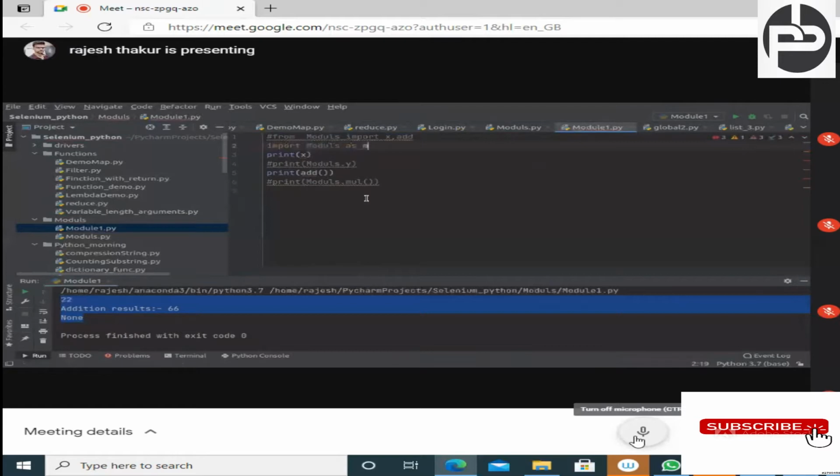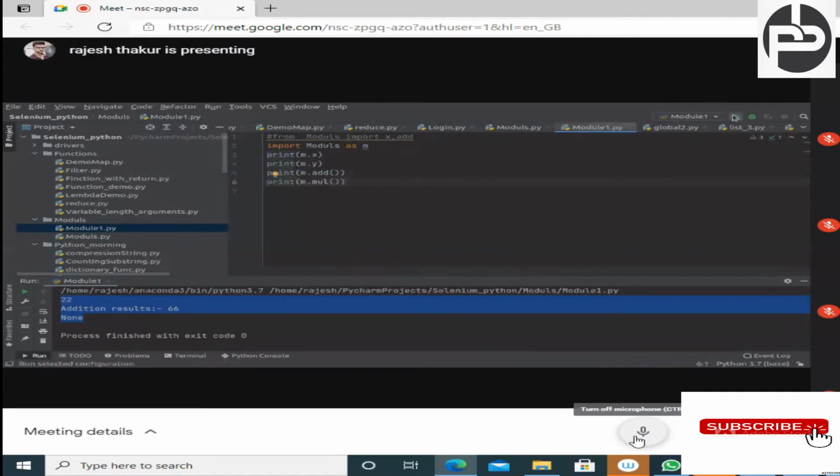Now instead of writing modules.x, I can call m.x. Similarly, if you want to access y, then m.y. For the add method, m.add, and for the multiplication method, m.multiplication.